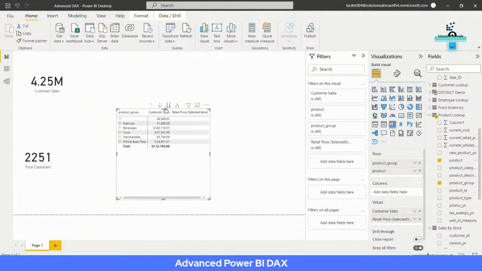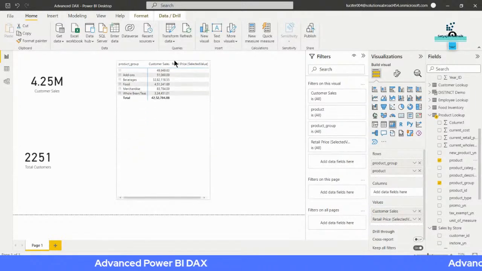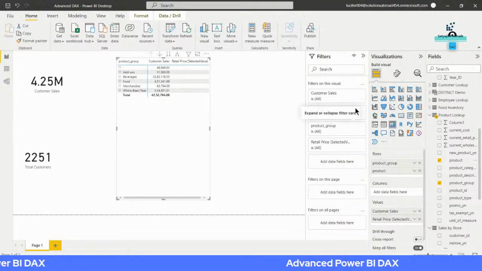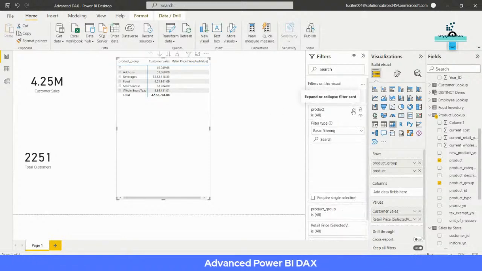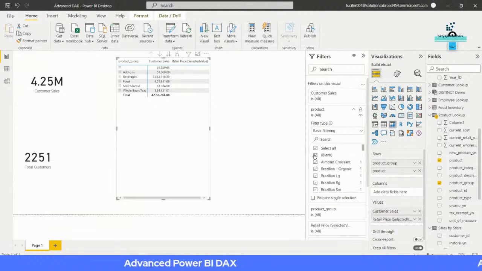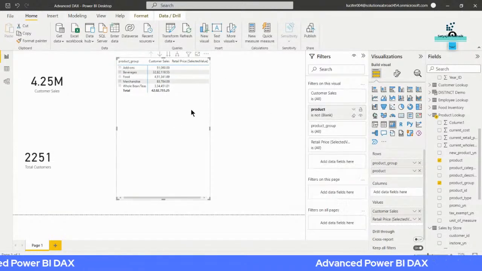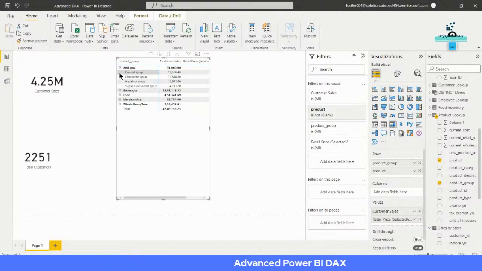Now you can see this. I'll just make it bigger. So it is taking blank values also. So I'll just, yeah, now it's not taking blank. Okay. So if you can see